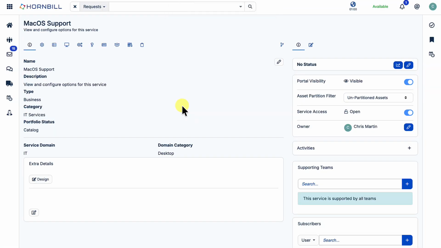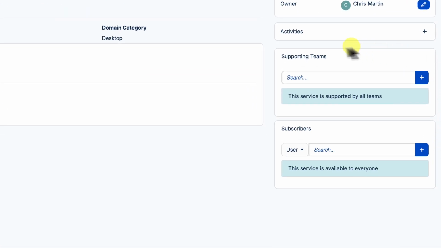Not every service needs to be available to everyone. Service subscriptions allow you to control which users and groups can access the service and raise requests against it. When a service is first created, it is open to everyone. Every user can see the service on their portal and raise requests against it, which is reflected in the subscription